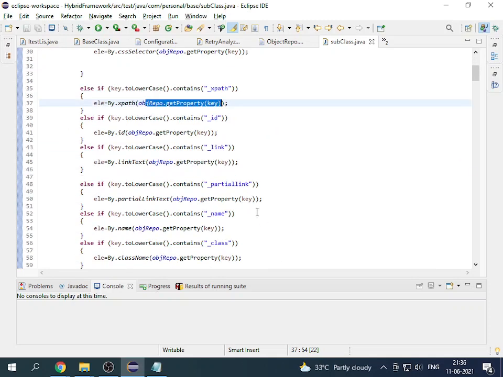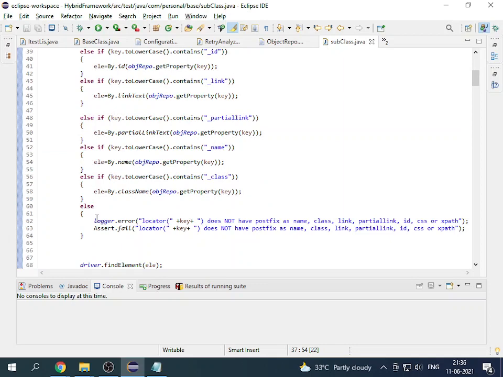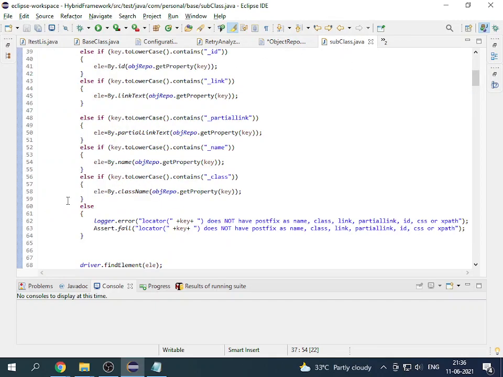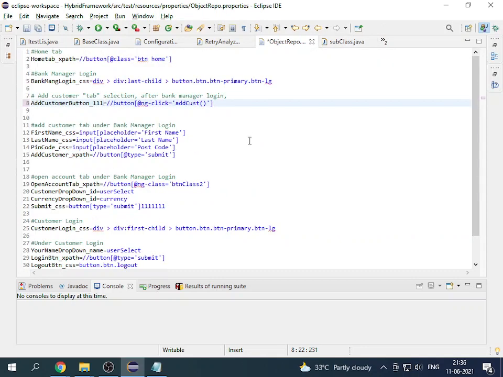ID is pretty much self-explanatory. If I give something like underscore 111, which obviously is incorrect, then it will fall under else, and it will fail the test case, saying that the postfix is neither name, class, link, partial link, ID, the usual things. I'm going to press Control Z and save.